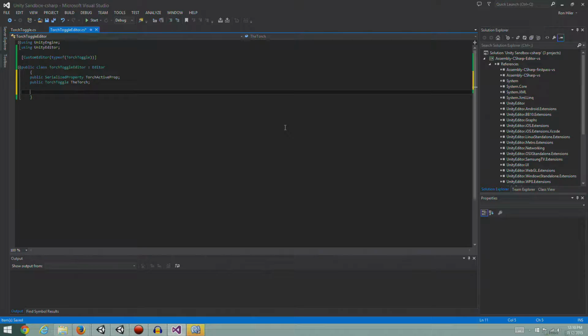Okay. We are going to use two functions for this editor script, and they're two magic functions. They're functions that the Unity editor looks for when it's running. The first one is going to be OnEnable, and these fire at specific times. The other one's going to be public void